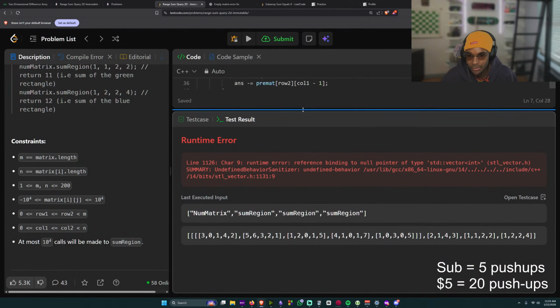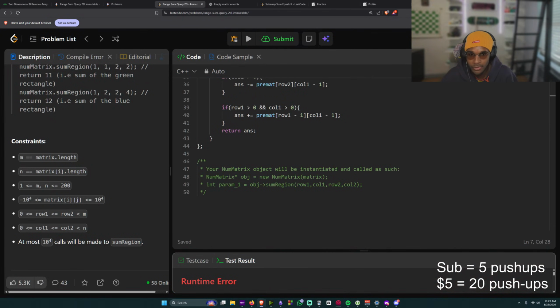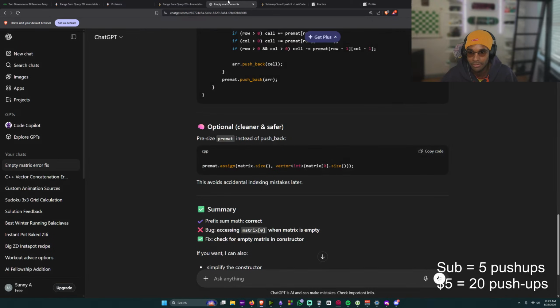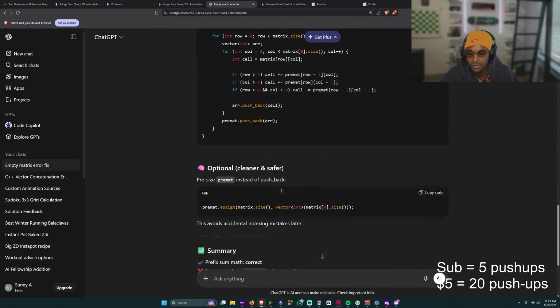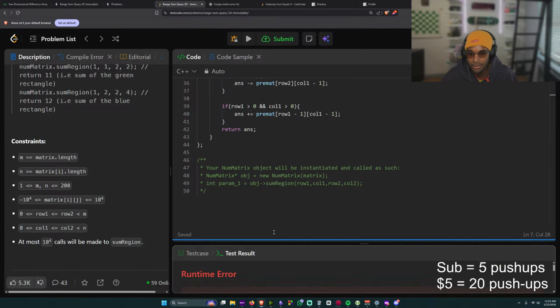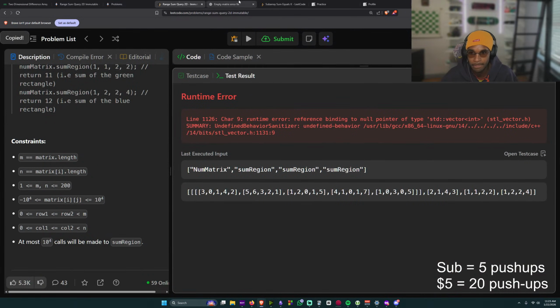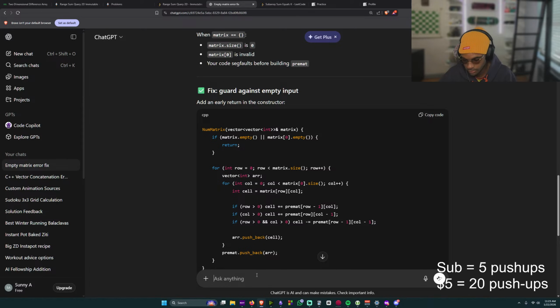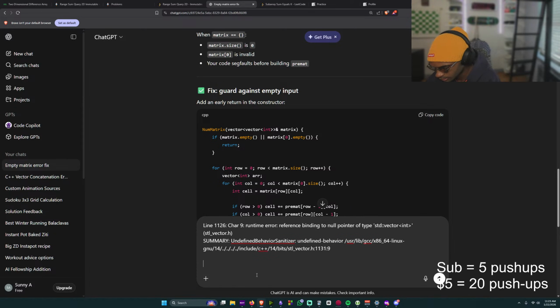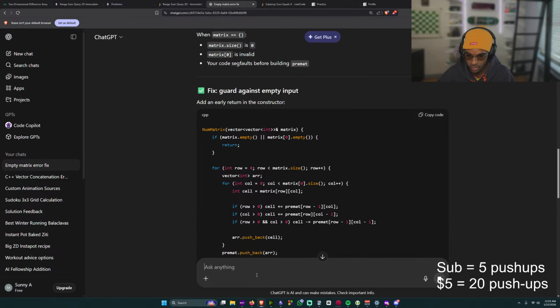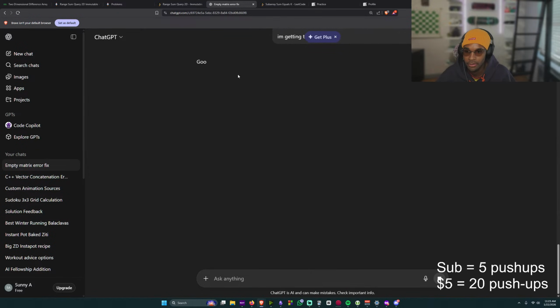I don't think ChatGPT is giving me the right stuff. Maybe I need to copy the error message. I'm getting this error.